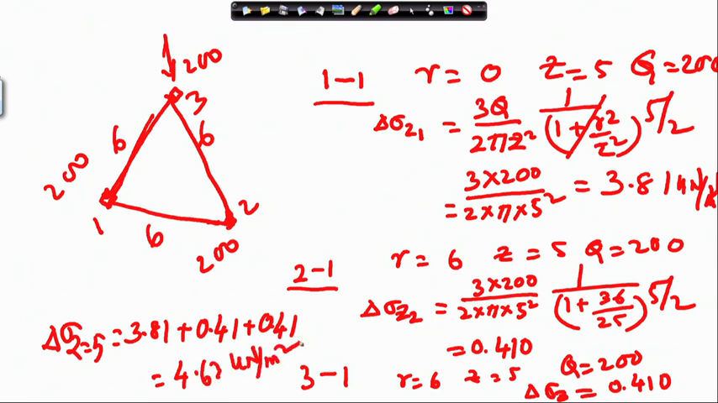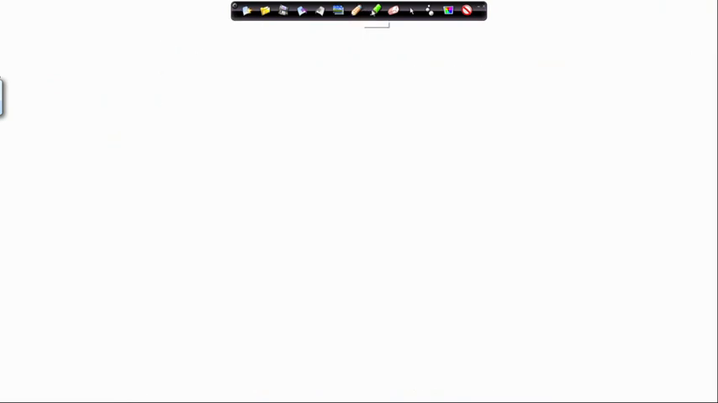So, at 5 meter depth below any footing. Since they are symmetrical, from here to here whatever distance, here to here whatever distance, if we calculate here, it will be the same here, and the same here. So, below any footing at 5 meter depth, the pressure will be 4.63 kilonewton per meter square. So, this is the first application, and